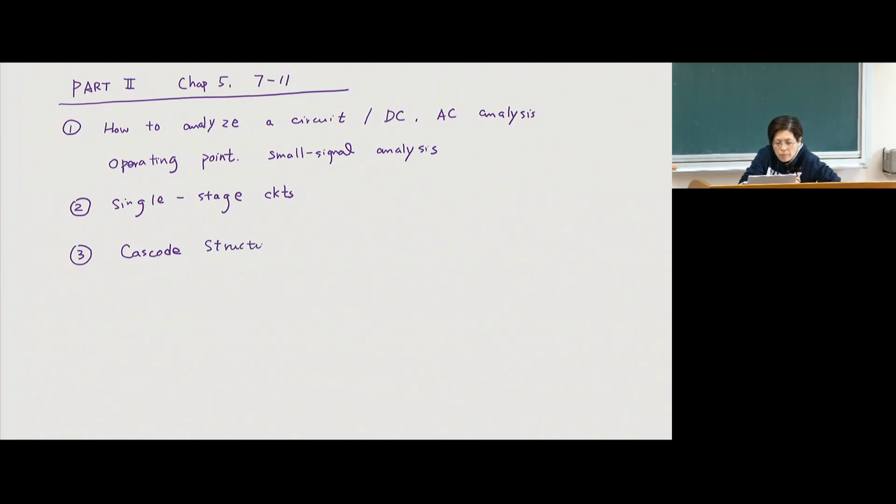And also we're going to talk about supporting systems called the current mirror. That's mostly for biasing system. We're going to talk about that a little bit. And then lastly, we're going to talk about op-amp circuits, amplifier circuits.